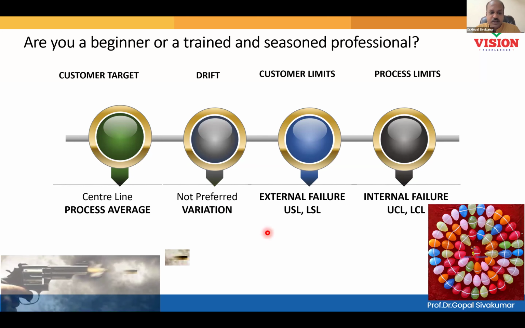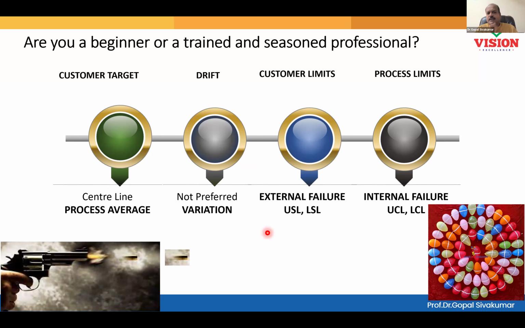And so now, look here. I am holding the gun perfectly, like a professional. This is the situation known as process average equal to customer target. What is the situation? Process average equal to customer target. Now I release the bullet. First 1,000 rupees, he earned. Again, I release the bullet. Can you see consistency here in the performance? It is not at all deviating.